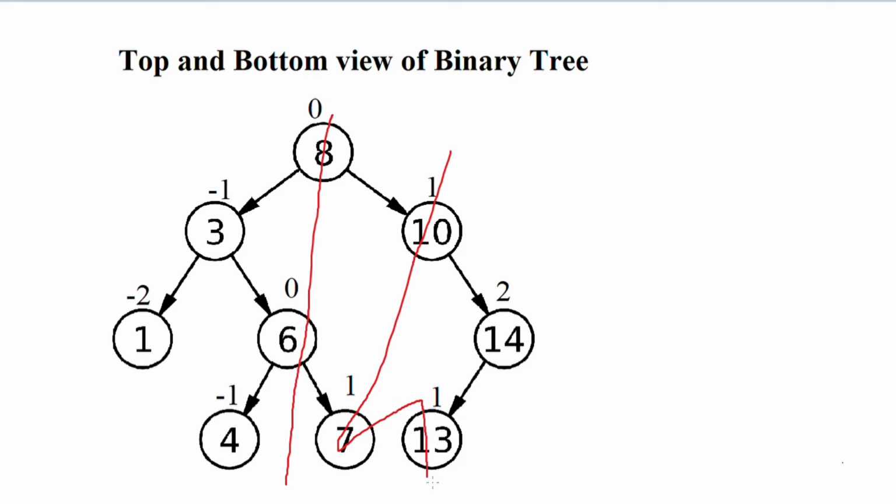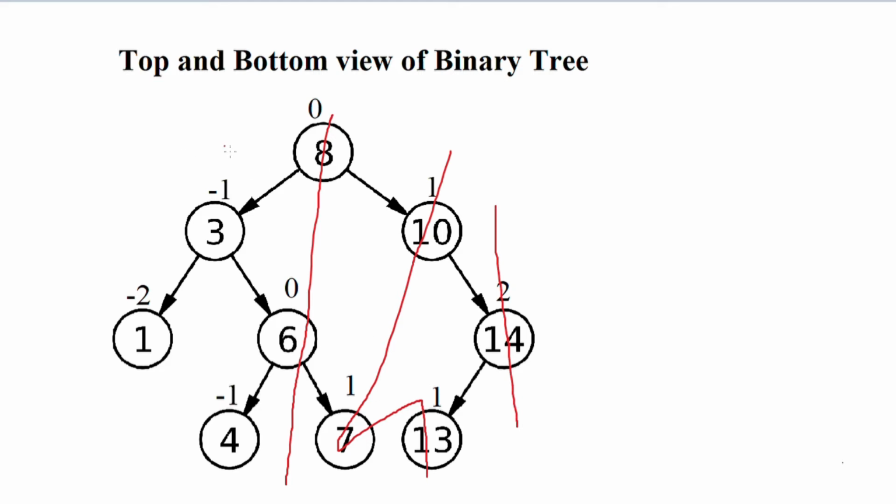And actually this can change depending on how you have inserted these. I'll assume that I've inserted 7 before 13, so this will be my vertical line. Please try to understand that 10 is on the top, 7 is in the middle, 13 is at the bottom. Okay, so now what about 14? Let's say 14 is alone. 14 is completely alone, right?